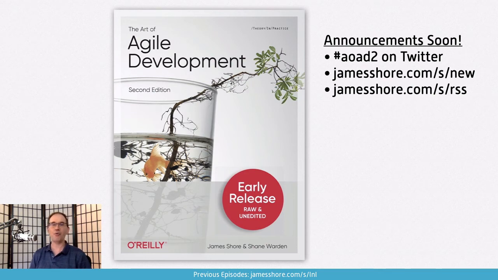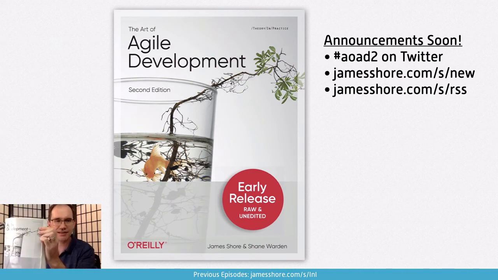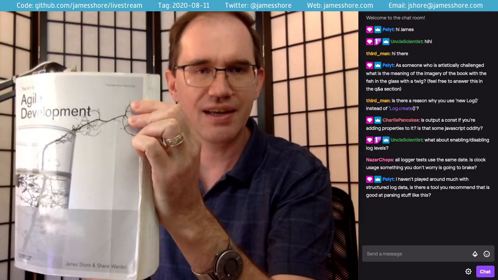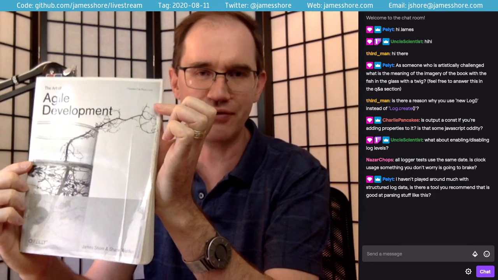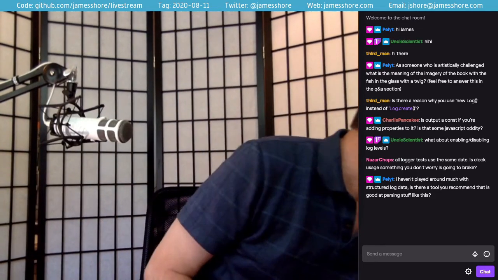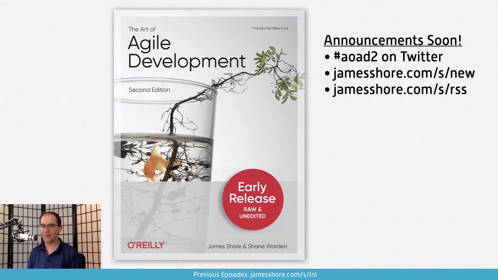Pellet, your question about why the cover has a little sapling on it and a fish now in the second edition. The first edition looks like this. Let's see, I'll put this up here for you. So the second edition, it's just the sapling's grown a little bit and they put the fish in there. I love the graphic design on that. Anyway, why does it look that way? Well, I think you'll have to come next week for me to answer that question. Sorry. I think there are a number of people who are curious about that. I'm happy to share that next week.